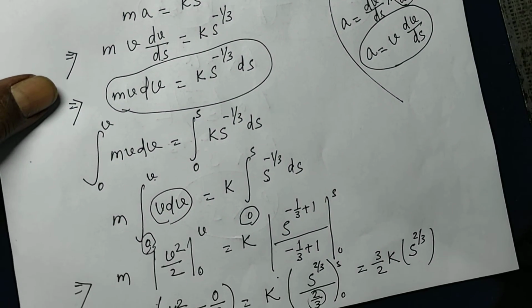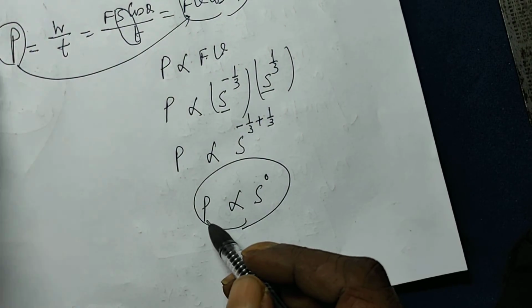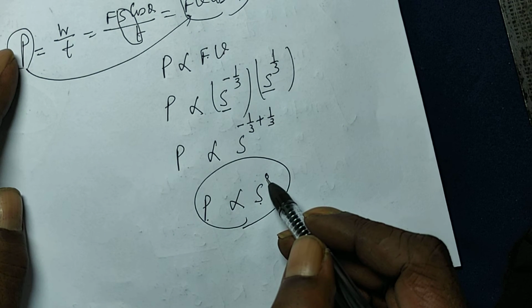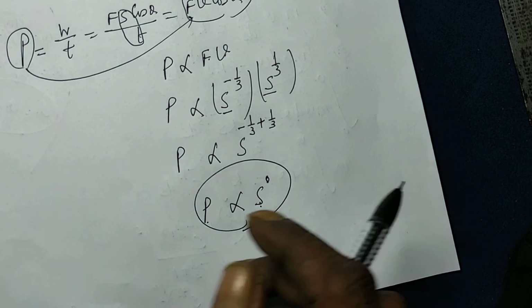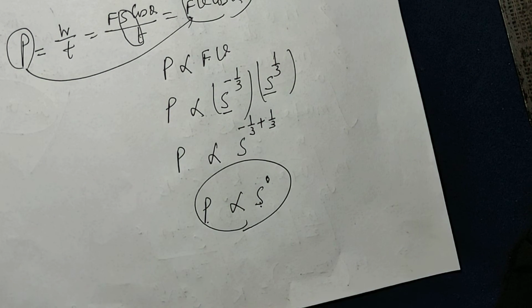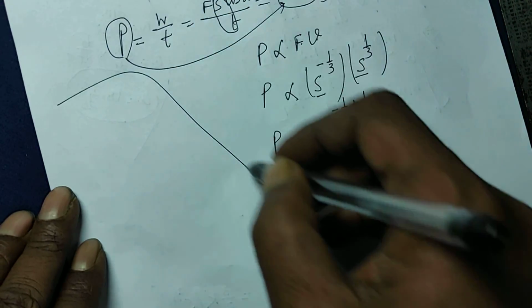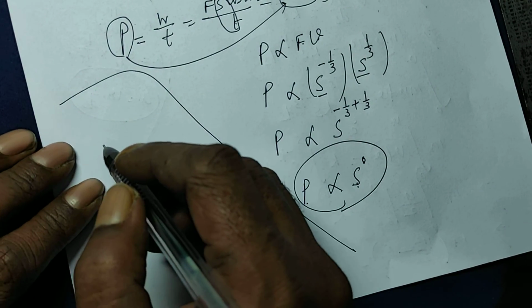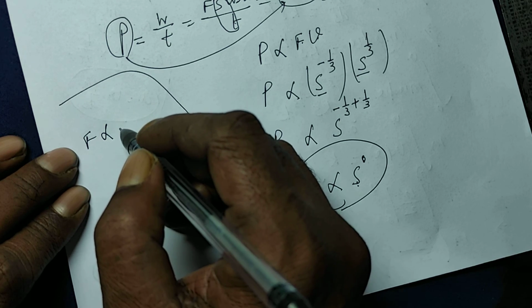So this is not a general case. Under this condition, F proportional to s to the power minus 1 over 3, then power is proportional to s to the power 0. S to the power 0 is 1, means it does not depend on distance. You can try this for other expressions. For example, if you take F proportional to s to the power